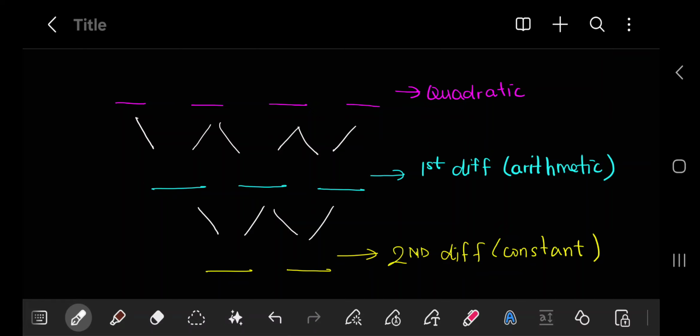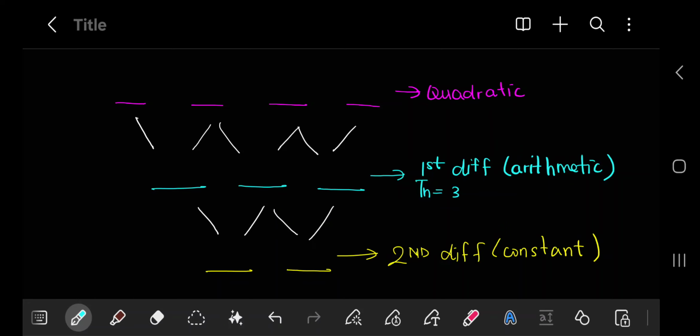Okay, so here it is. I've just tried to sort out the 3 different rows that we have for quadratic. We know that the first row represents the quadratic pattern itself, and then our first differences would be arithmetic, and from there we can get our second difference. Also, let's just fill in that for the first difference we were given